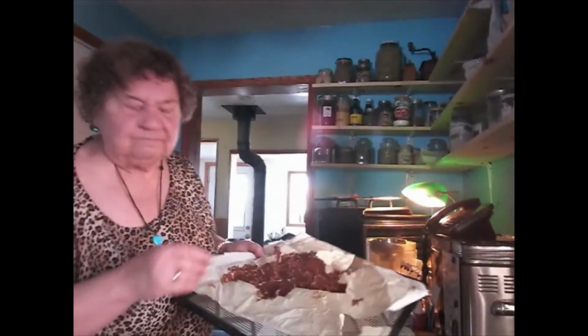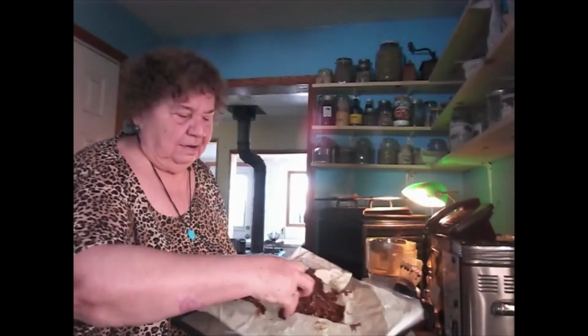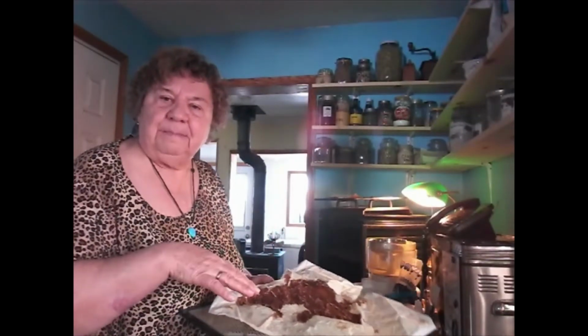Parchment isn't as nice. See, it's a lot harder. It's hard to take off. So you certainly can. I can take it off. It's not as nice as that plastic one. So okay, I'm going to finish this up, and then we'll...